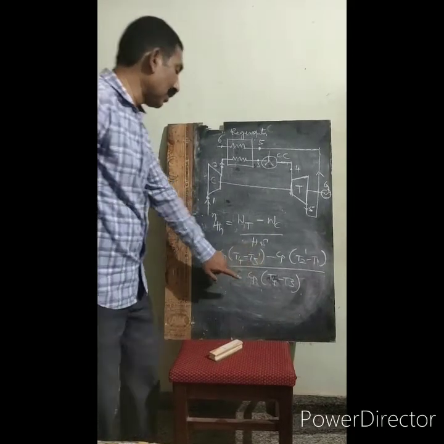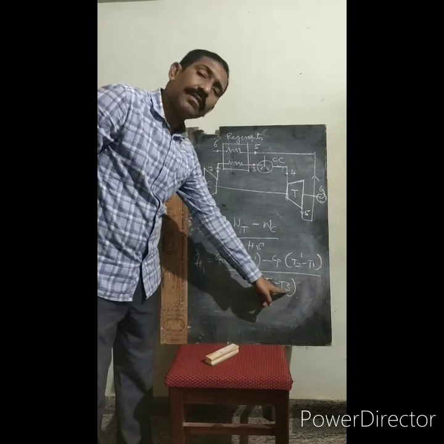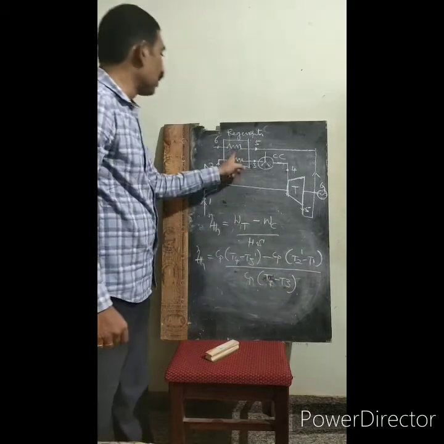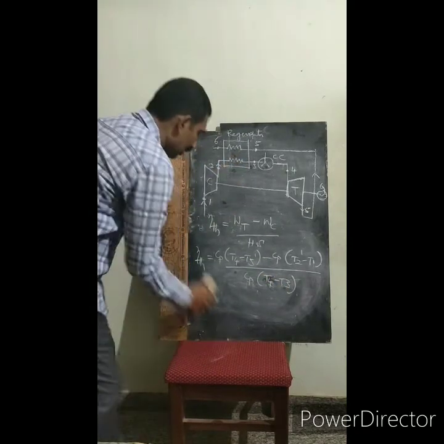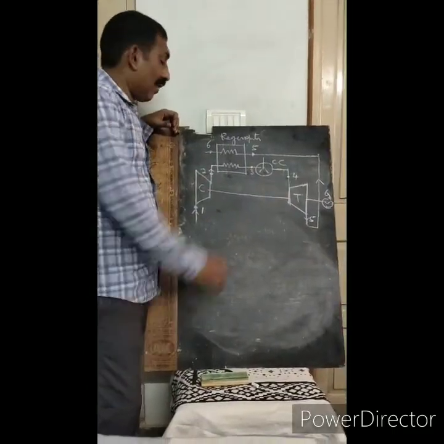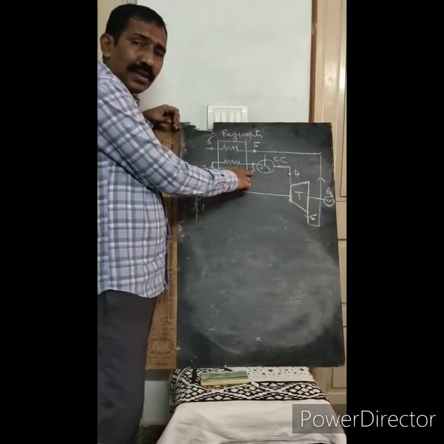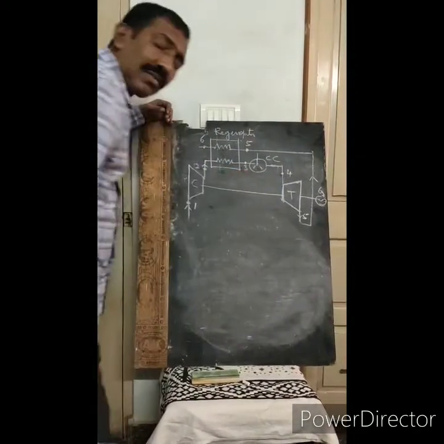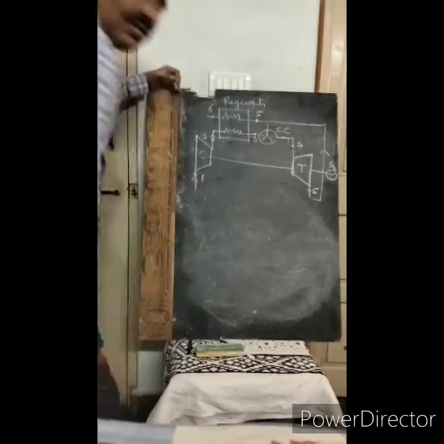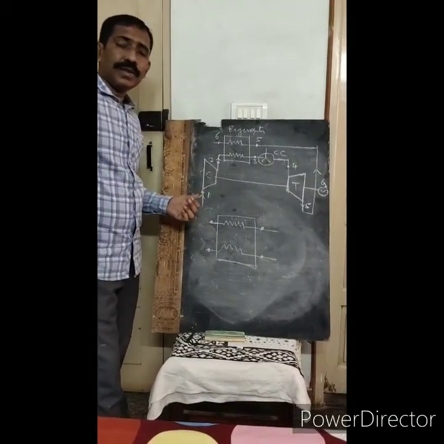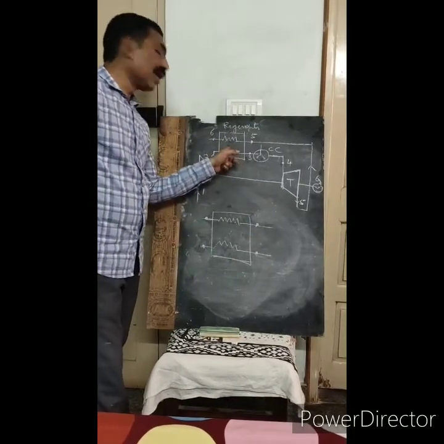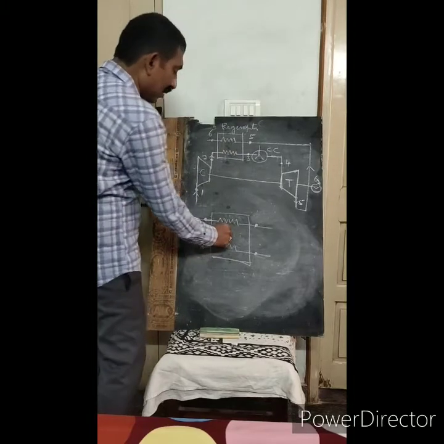In this case, finding out T3 is very important. This value can be found by using the regenerator, so let us study the regenerator. In the thermal efficiency equation, finding out the temperature T3 is very important, so let us see how T3 can be calculated by using the regenerator. Here I am separately considering the regenerator.